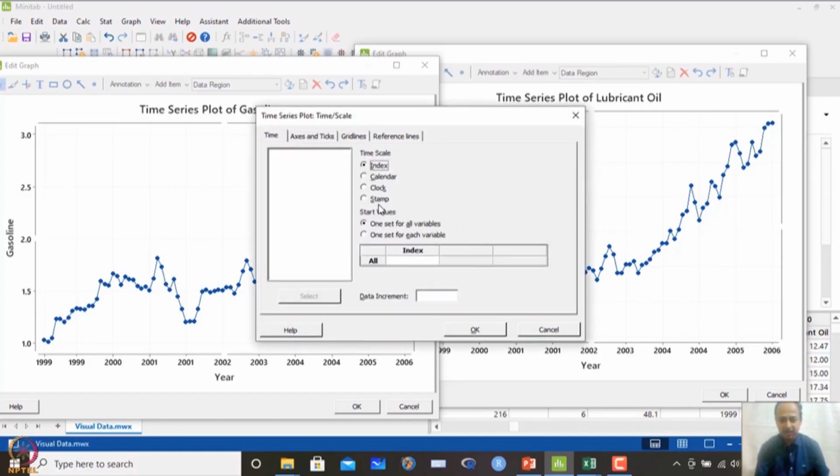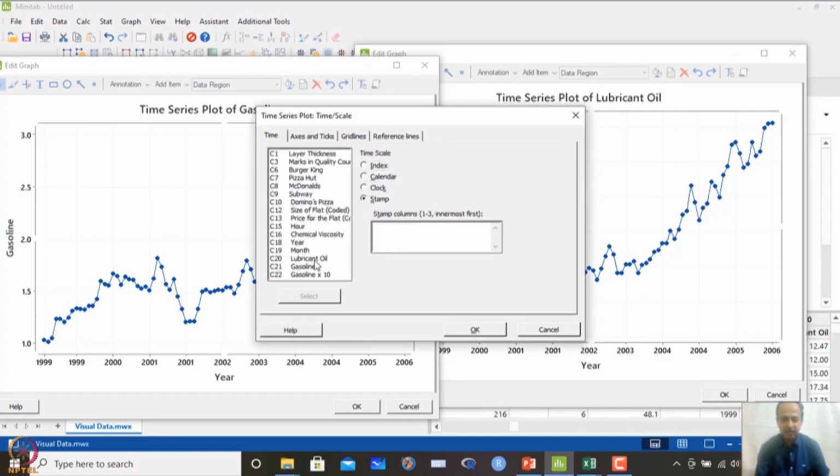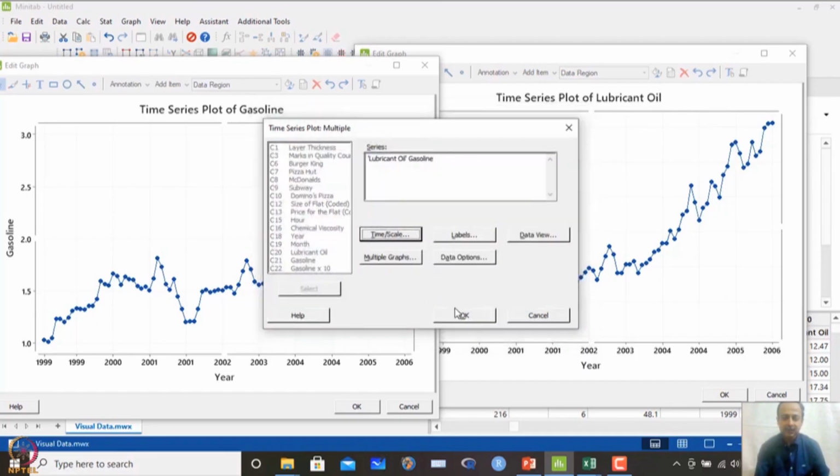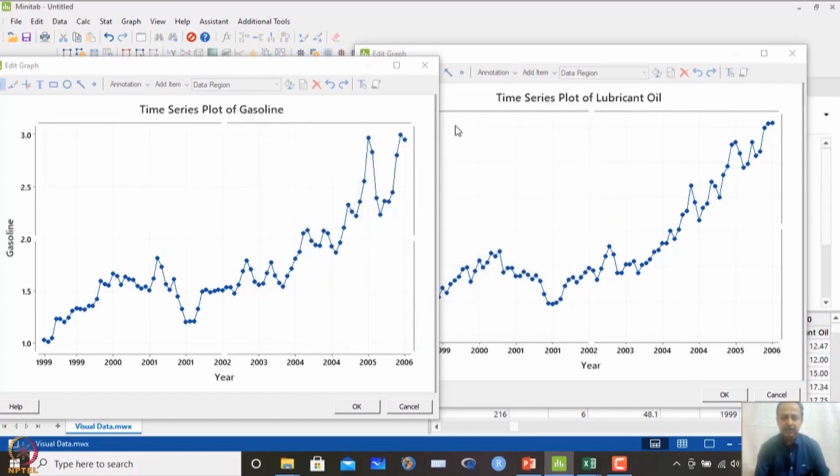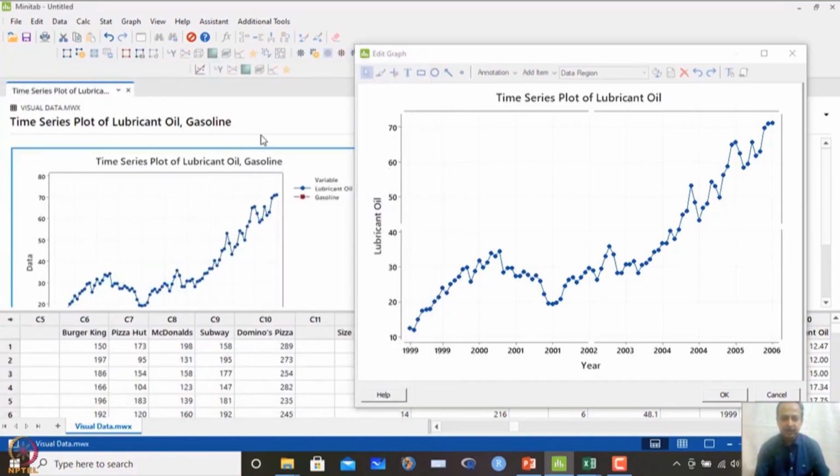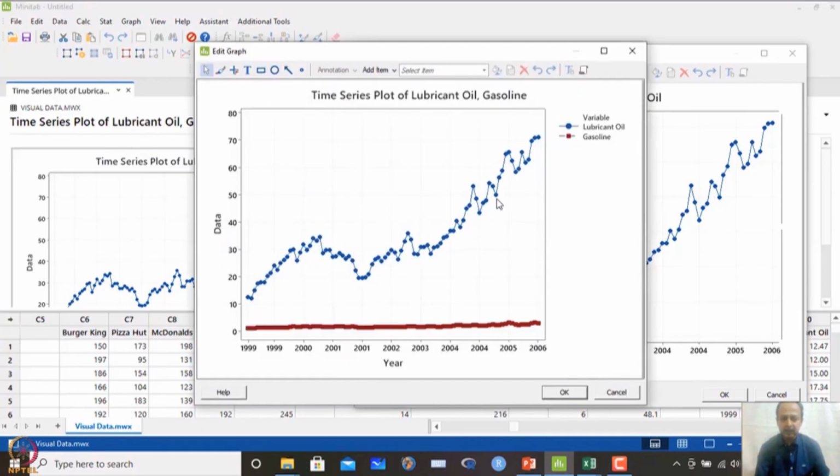So, the same year I will use stamp over here, and I use a year as the basis of this. So, this will be stamped like that. Then you click OK over here, and what you will see is that this is not required. So, this is the graph where both the plots are done, and the problem with this graph is that